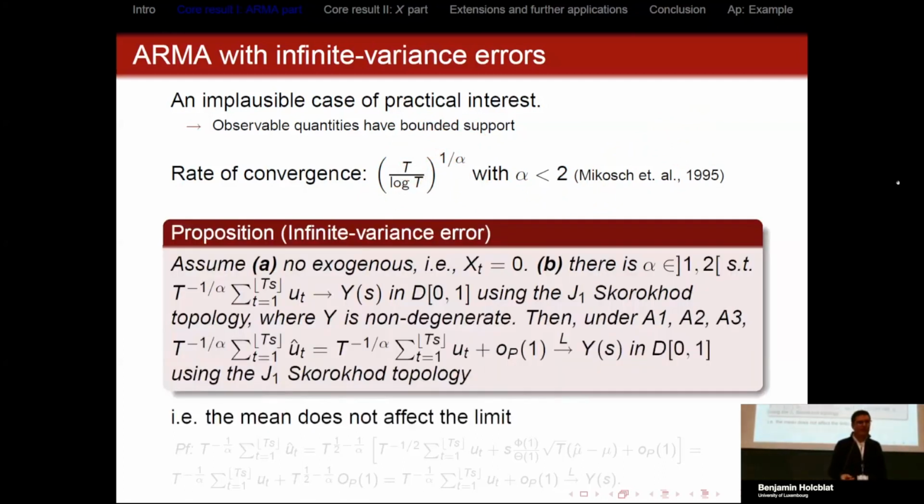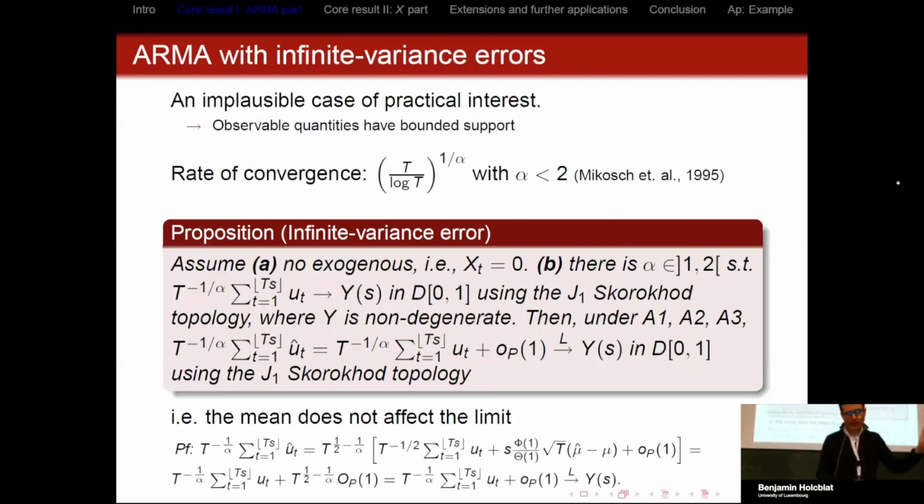In this case, since the rate of convergence is quite fast, we show that in the Skorokhod topology, the difference between the partial sum process of the residuals and the partial sum process of the errors disappears asymptotically. And it makes sense because you learn fast, because you have a lot of variability because of infinite variance. So in this case, it's one nice case where the result of Bai holds. The proof is pretty easy once you have the first lemma, but let's